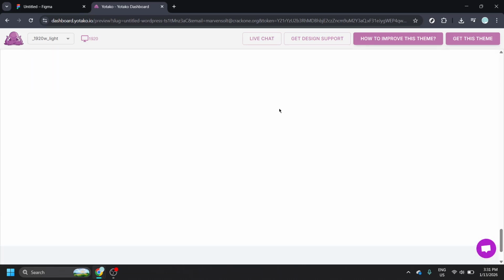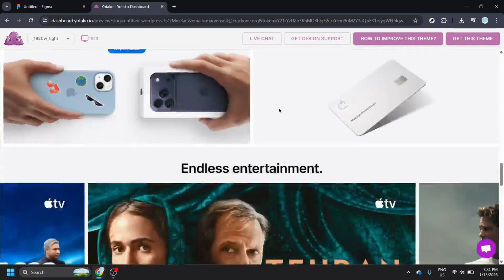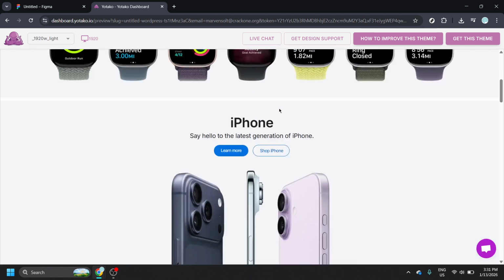performance. And that's the process. You've opened your project, launched the Figma to WordPress plugin, copied your design link, pasted it into the plugin, and